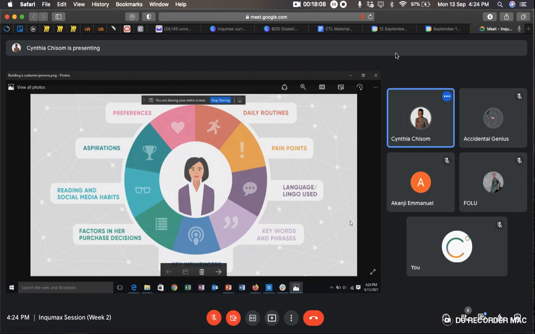You need to look at the factors involved in her purchase decision, right? Whatever decision that person is making, what are the factors that influence it? Reading habits, their aspirations, what they actually want, right? Where do they see themselves, what they actually want, and what they prefer. That is super important. You don't want to impose a solution on people. You want to get them into a place where they can actually accept the solution you're coming up with. All right?